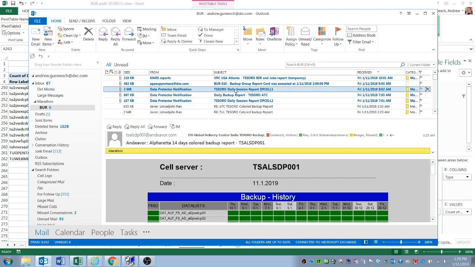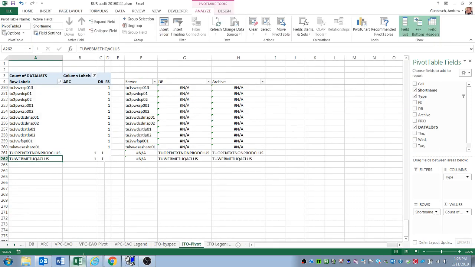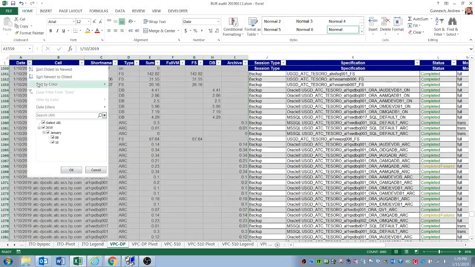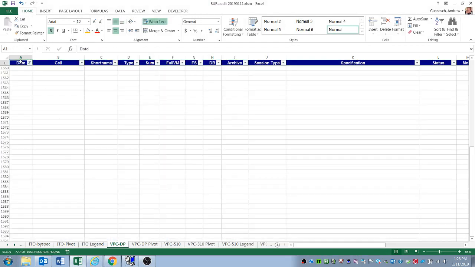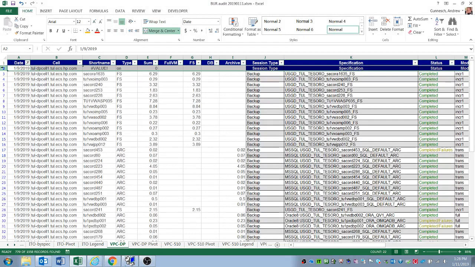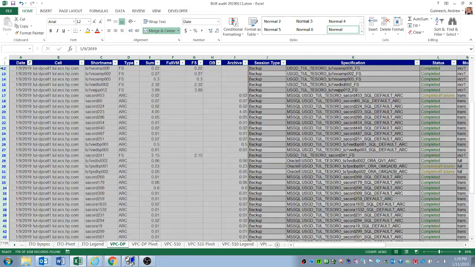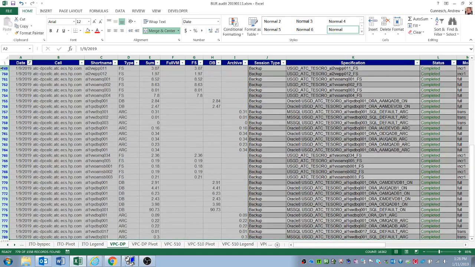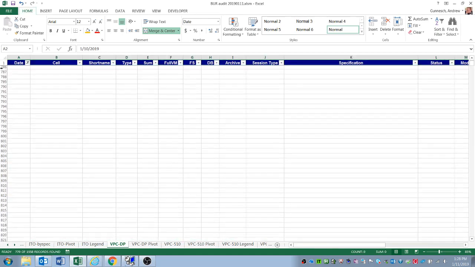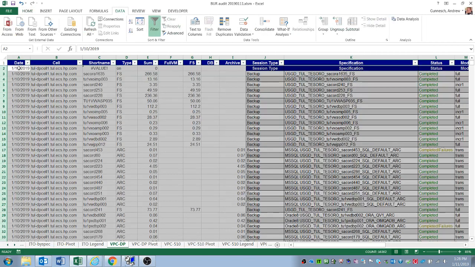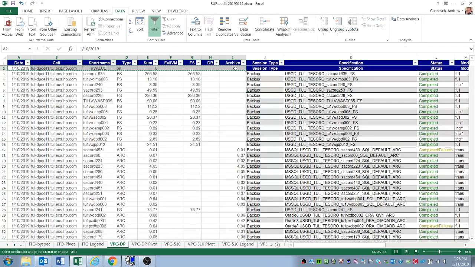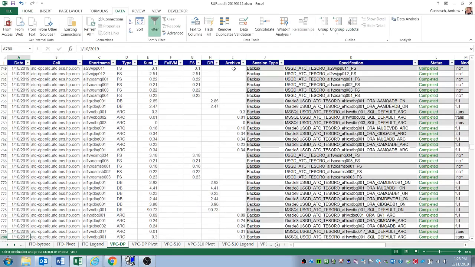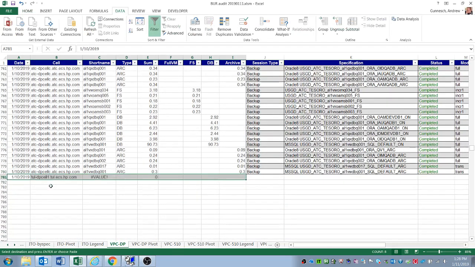Okay, now we go and start with the Data Protector reports. We're going to scroll to the Data Protector tab, filter on date, select the older of the two dates. Click on the left to select the entire row, Control-Shift down arrow to select all of them, and then delete. Clear our filter, copy the formulas, and then do Control down arrow to get to the bottom. We paste it and increment the date to match